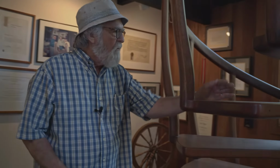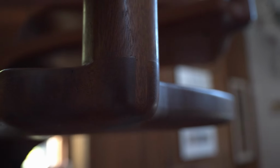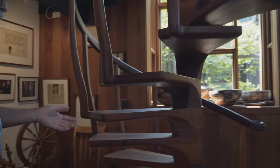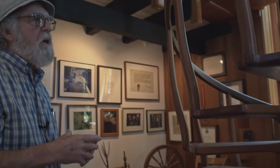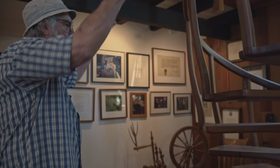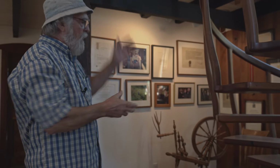Right. And if you look at it, each one of these sections was built separately. So you had a laminated step with an upright for the banister, and he attached these with these beautiful dovetails. And those are gorgeous. Yeah, really beautiful. And so it was designed in a way where he could drop them down over a 3-inch pipe that's embedded in the concrete. And he would put enough of them down so he got the height that he needed,